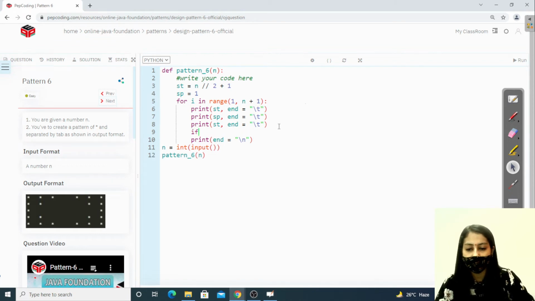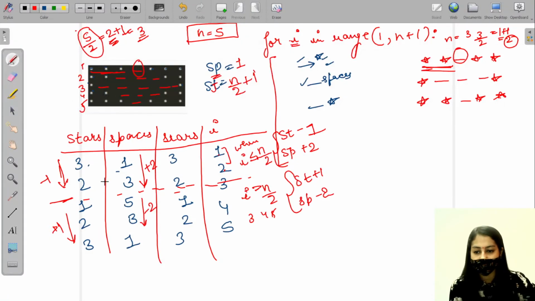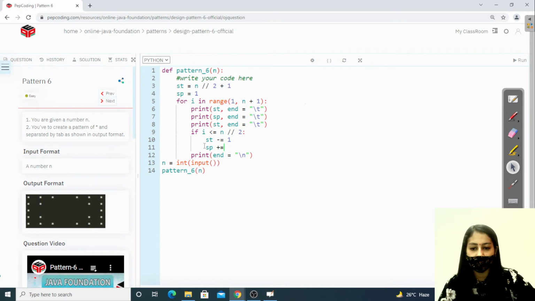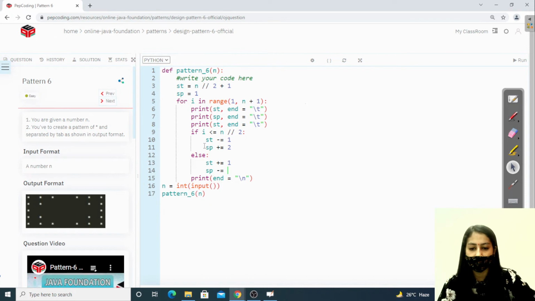Now when the value of i is less than or equal to n by 2, these stars are decreasing by 1, the spaces are increasing by 2. After that, when the value of i becomes greater than n by 2, the stars are increasing by 1, the spaces are decreasing by 2, right?